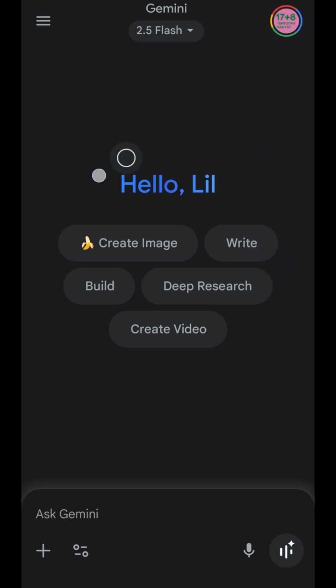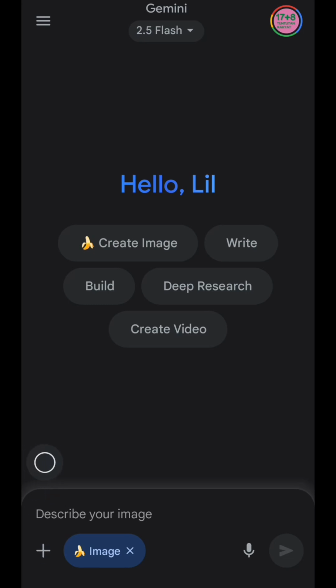And then on this main menu, just tap on create image, or you can also go to the tools icon, this one, and then just create images. It's the same way. Now just upload the photo that you want to transform. This could be your selfie or your friend's pictures or even a pet photo. If you want to get creative,